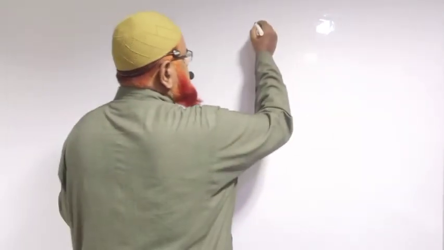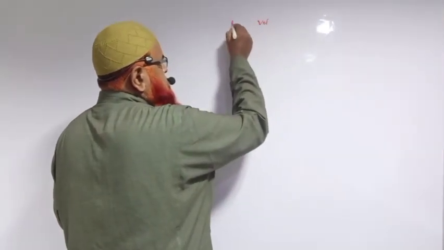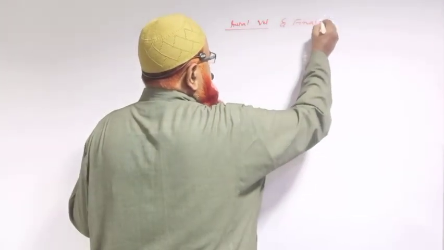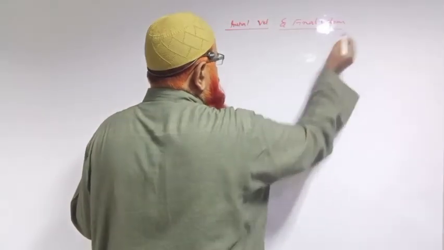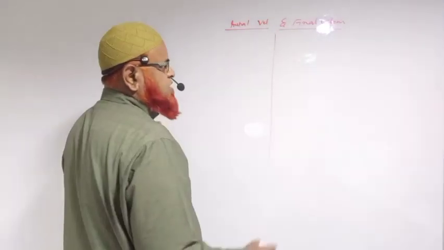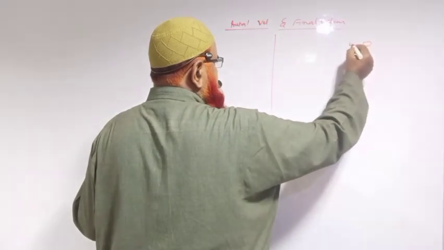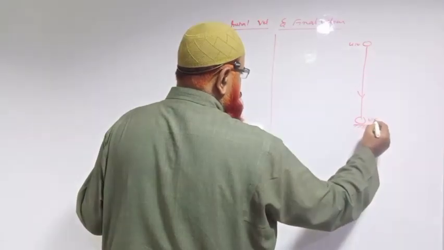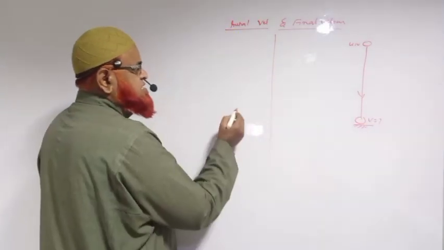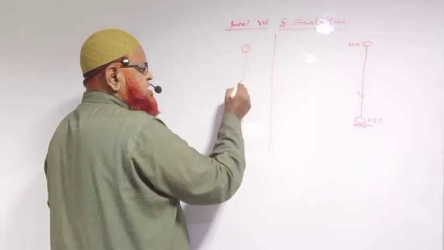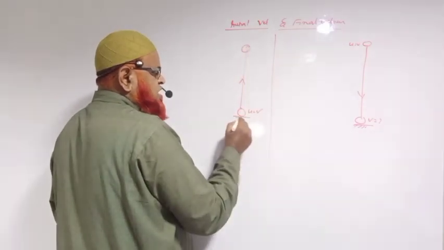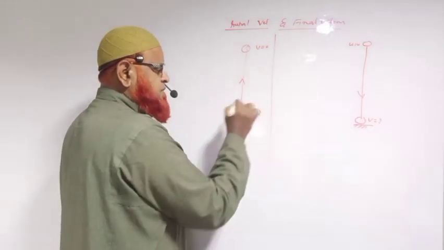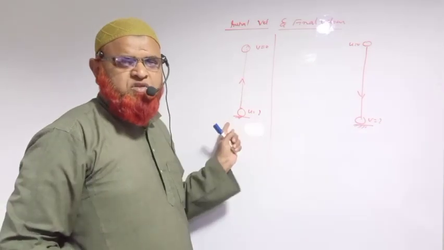Next, initial velocity and final velocity of bodies we have to discuss here. Now, what is the meaning of final velocity? When a body is dropped from a certain height, it reaches the ground and strikes the ground with a certain velocity. Find out that velocity. In the case of initial velocity, when a body is thrown upwards with a certain initial velocity, it reaches the maximum height where it has to become 0. You have to find out the initial velocity as well as final velocities in both the cases here.